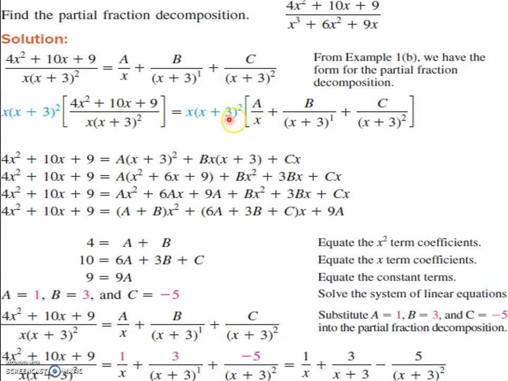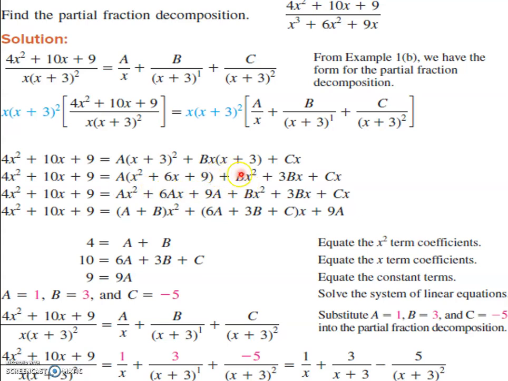If it is multiplied to each and every term of the bracket, that's why the x's get cancelled. (x + 3)² is remaining. Then 1/(x + 3) gets cancelled: x into (x + 3); 1/(x + 3)² gets cancelled, c into x. So 4x² + 10x + 9 is equal to A(x² + 6x + 9)